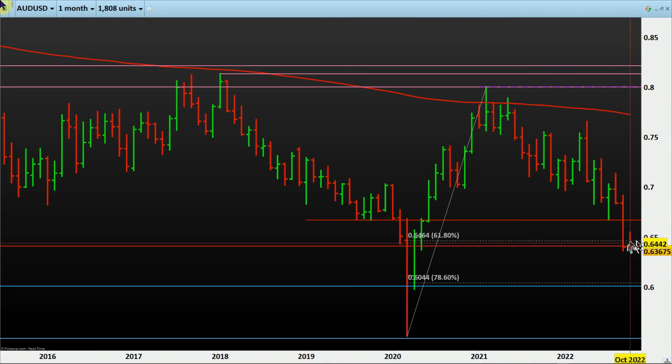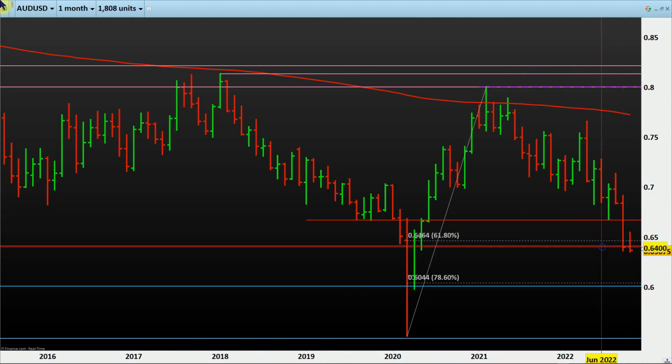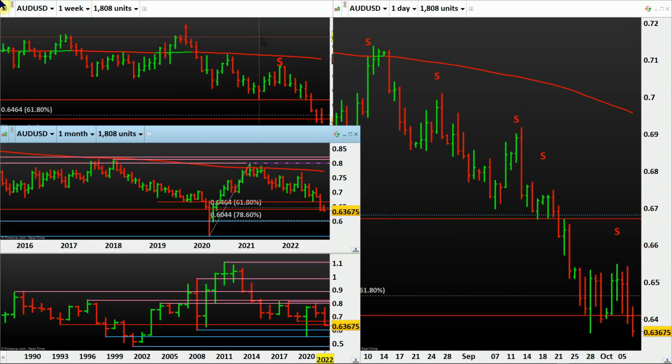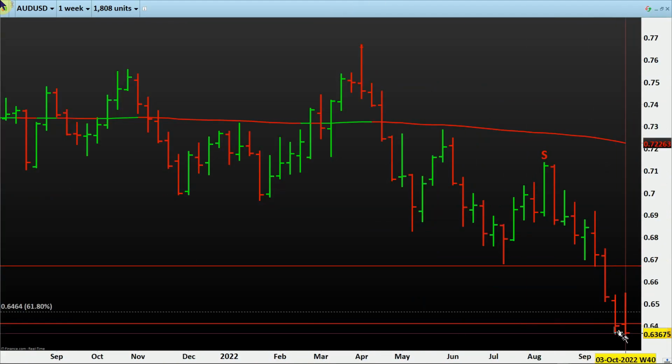Of course it can do a crack and snap back, but from the look of it, I don't think so, though I can be wrong. There are two supports here to do this crack and snap back. It has cracked, but if it is doing so two times, I am very doubtful that it will snap back, but time will tell whether we are correct or not. What we are seeing here is the 61.8 on the monthly Fibonacci, and the yearly price has been below that for the last 2 months, which is good enough from a long term perspective. The same thing happened on the weekly. It is closing below for 2 weeks in a row, below the 61.8 and the yearly.